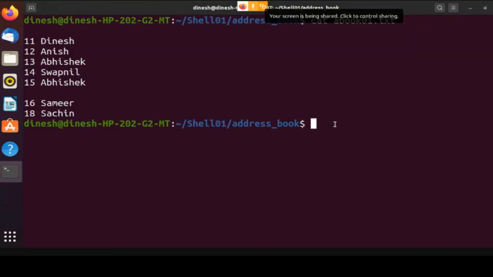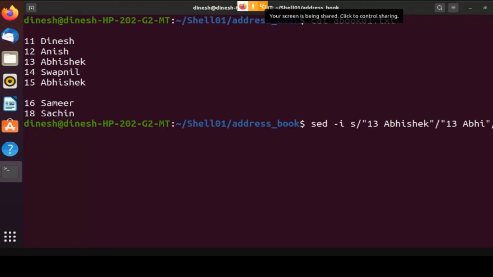So what I'll do, I'll just say sed -i, and then search for what, 13 Abhishek, so that it has to be matched exactly, with 13 Abhi. Then g, and then the file where you want to search.